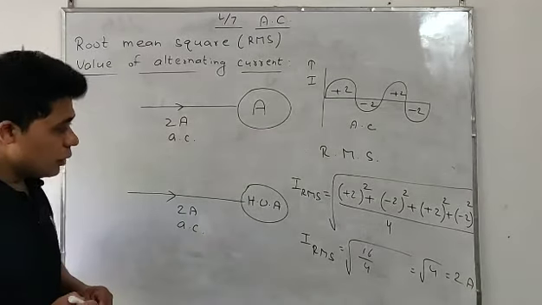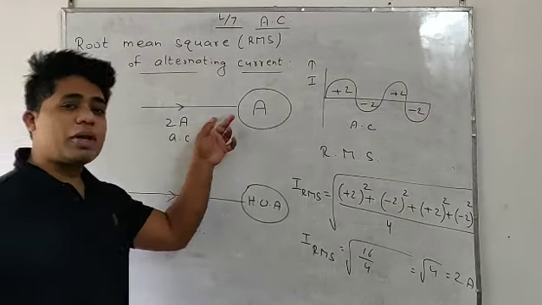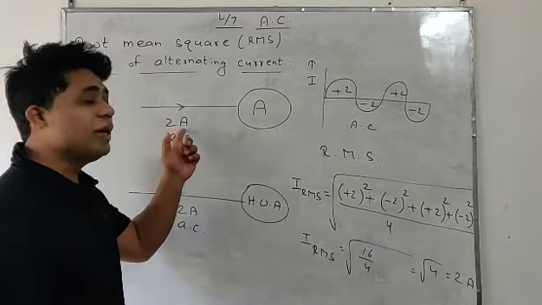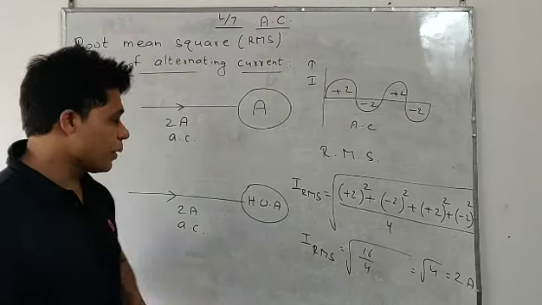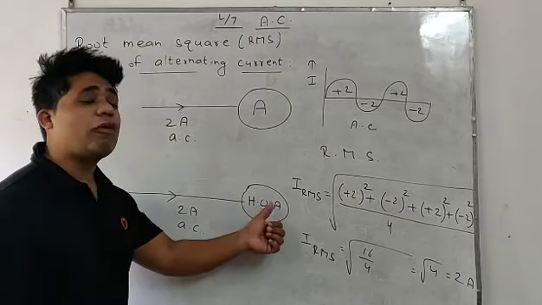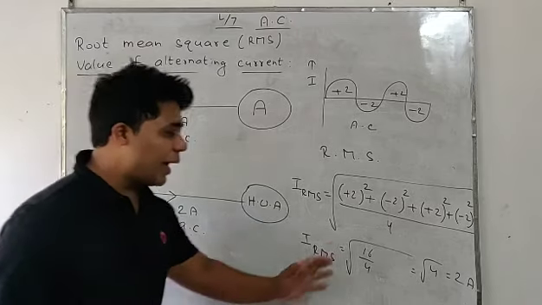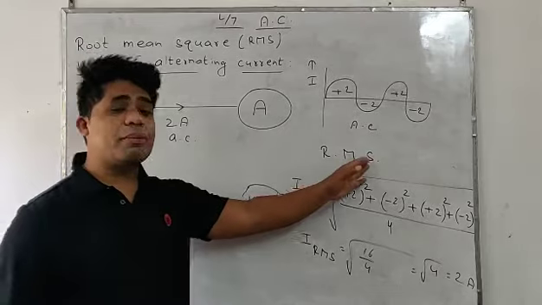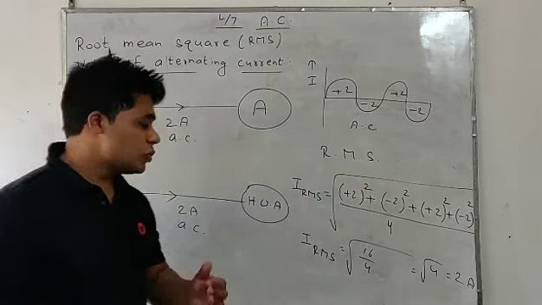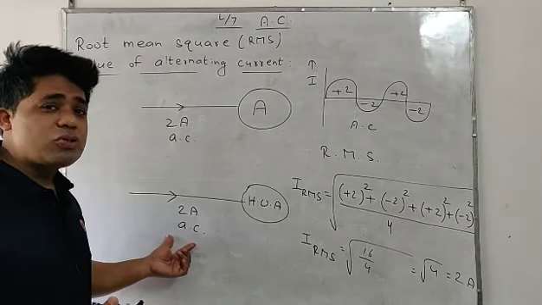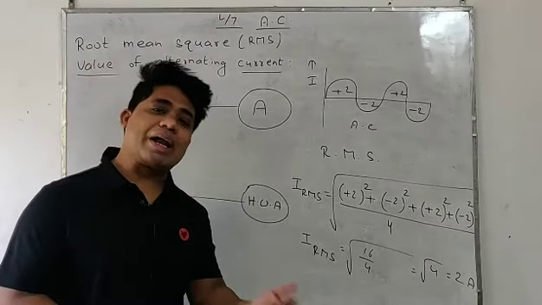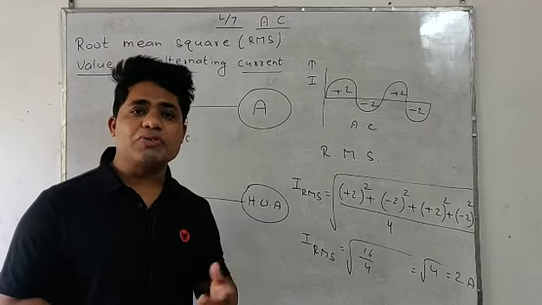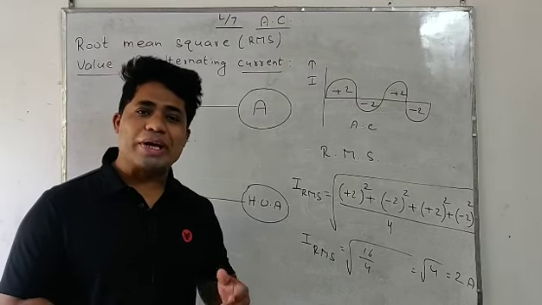So what did we get? When we measure with an ordinary ammeter, it calculates the average value and we got 0 current. But the reality is that this wire has 2 ampere alternating current. What happened on measuring with the hot wire ammeter? It calculates the exact value, 2 ampere, of the alternating current. Why? Because it calculates the RMS value, root mean square value. So we get the actual value of alternating current by finding its RMS value. That's why I will find the alternating current as the RMS value. So let's start the topic.